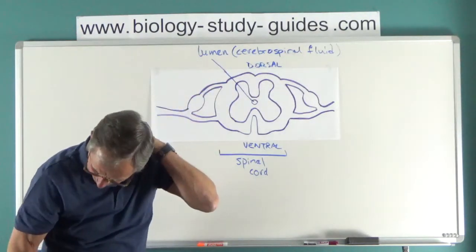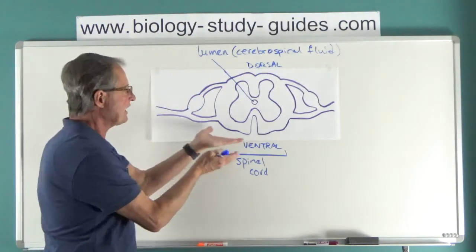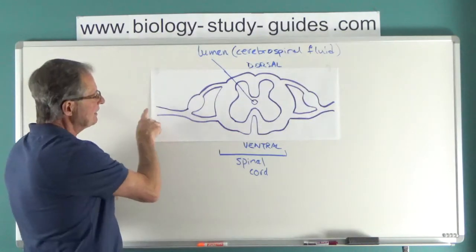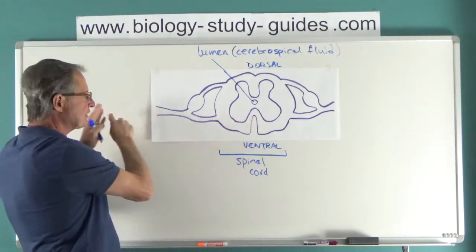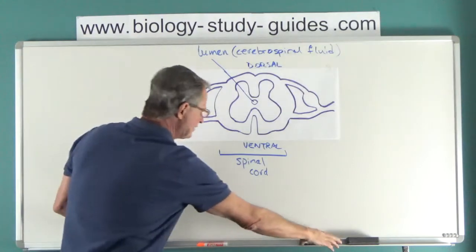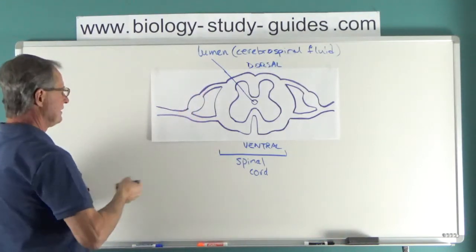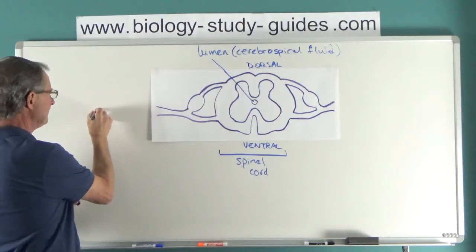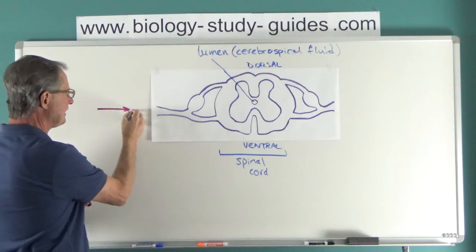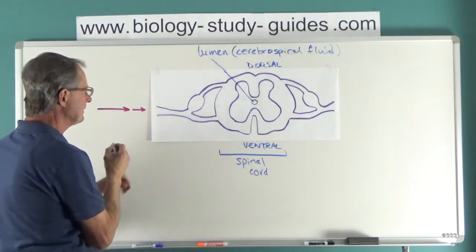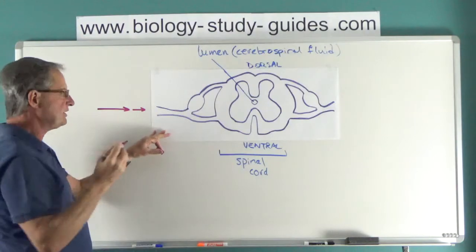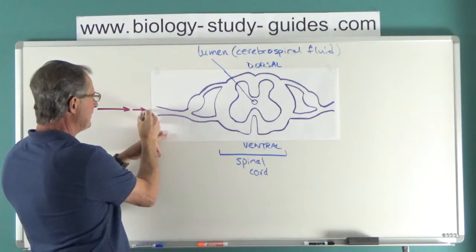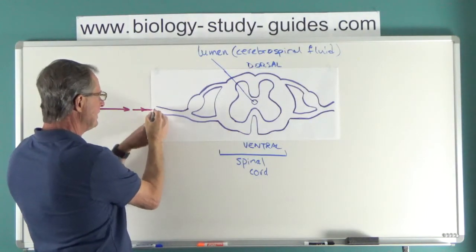The dorsal side is this side, the ventral side is underneath. And you have peripheral nerves coming in. So let's say that this is a sensory neuron taking an impulse in. Its location is as follows. It'll bring the impulse in,